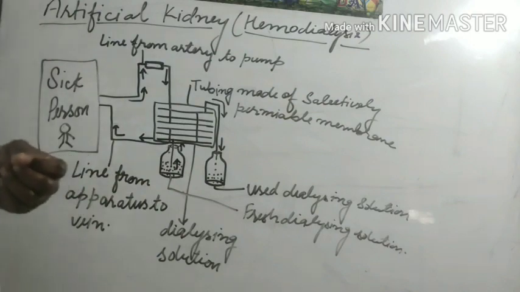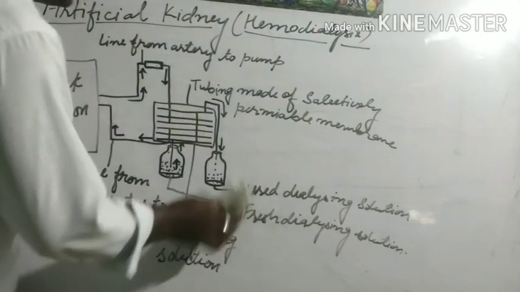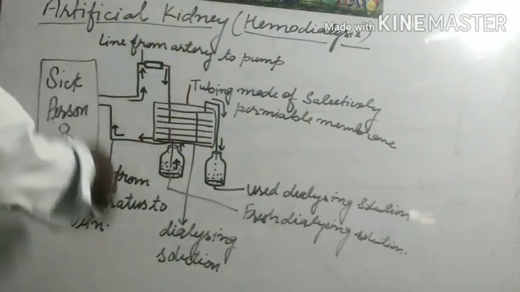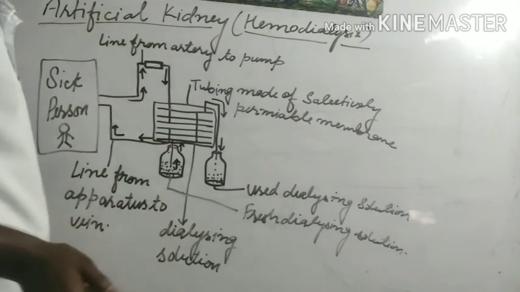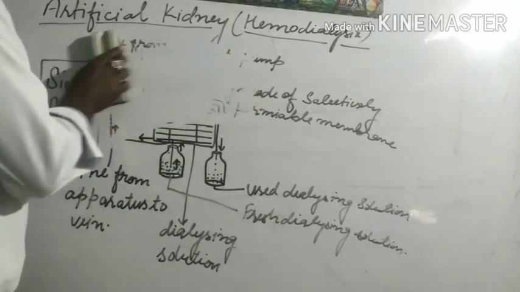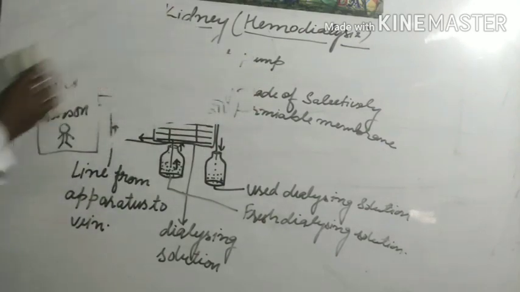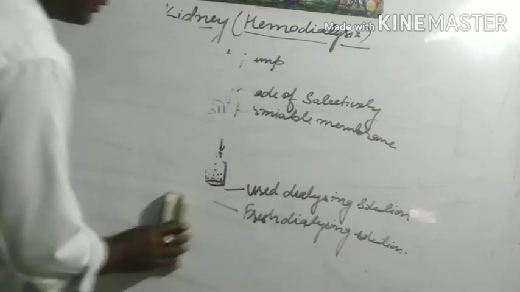After this, we have to discuss excretion in plants. Students, before discussing, I have drawn this figure which is given in your book. If there is any problem, then you can write in the comment box. I will try to solve your problem. Now we have to discuss excretion in plants.